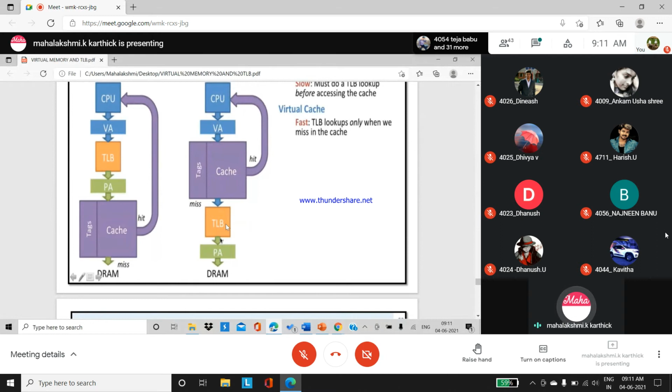Through this TLB, the processor will come to know, it will use this reference to fetch the data, whether it is available in the static random access memory or dynamic random access memory. All this process will happen, so a physical address will be created. Thereby, the data will be located in whichever memory it is present and brought to the CPU.